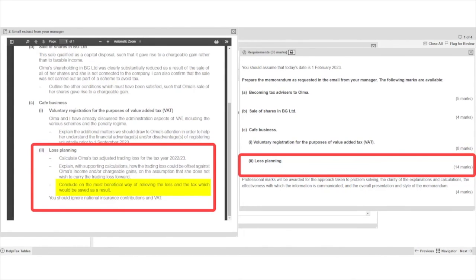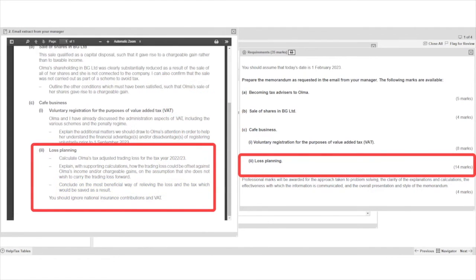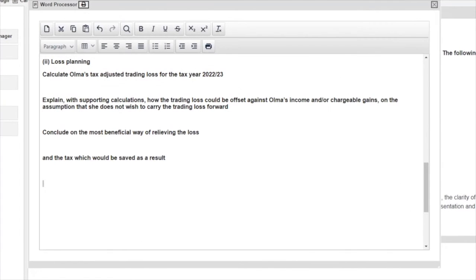And that final sub-requirement is going to be based on your figures, based on your analysis, which one is best, and based on your analysis, how much tax would be saved by that option. As usual, the first thing I would do would be to copy those into the word processor, as much of this is written. So I've set out and broken down that third one into the 4 subparts.